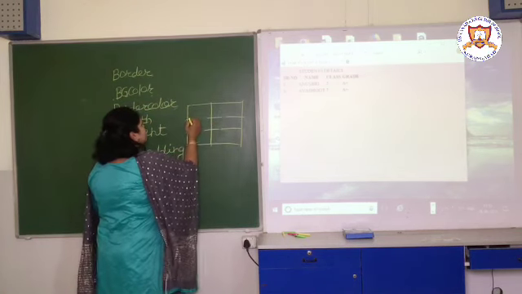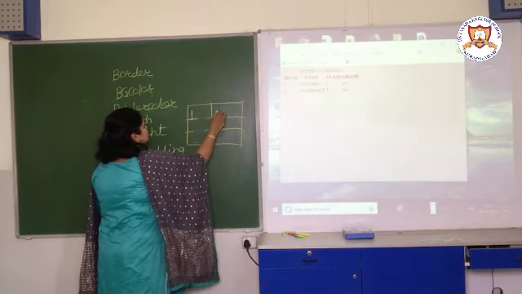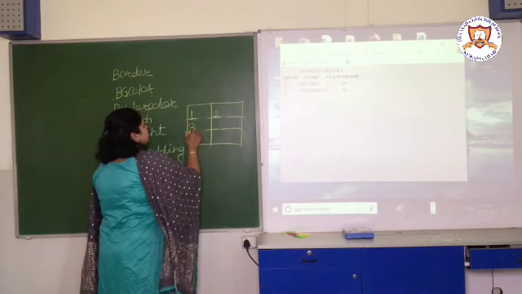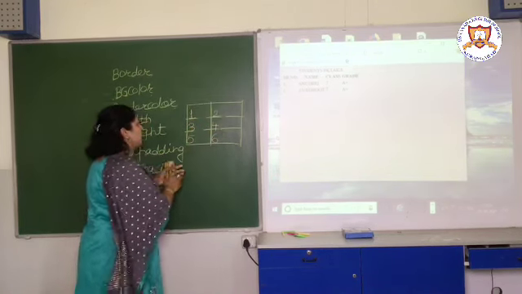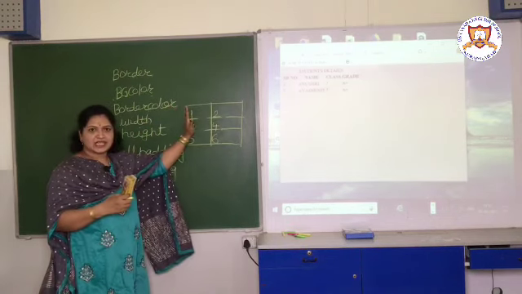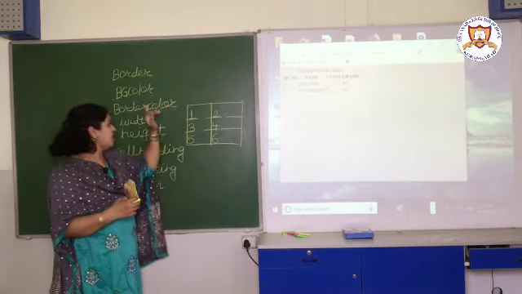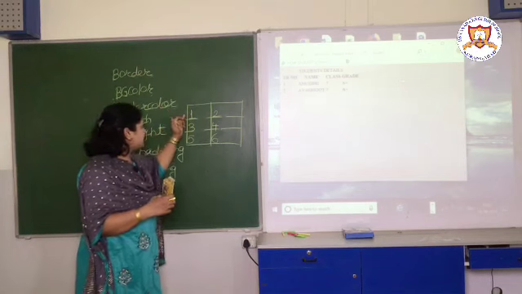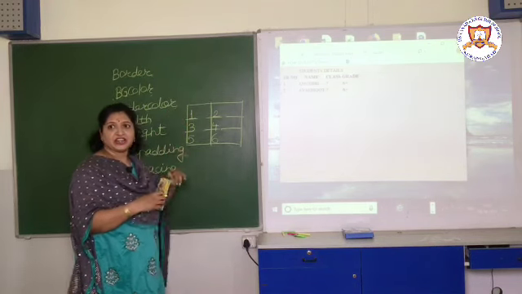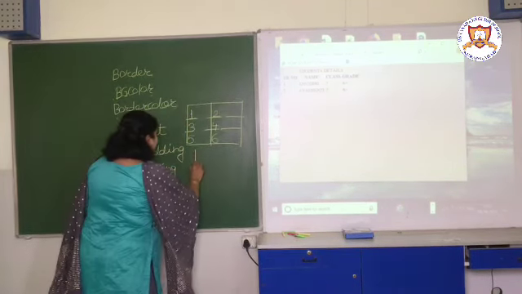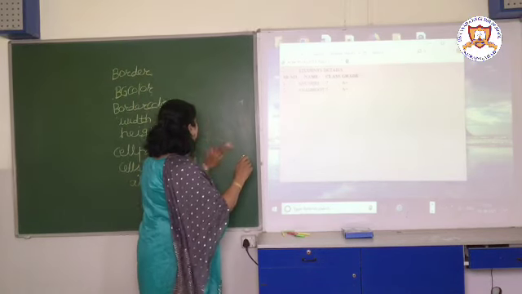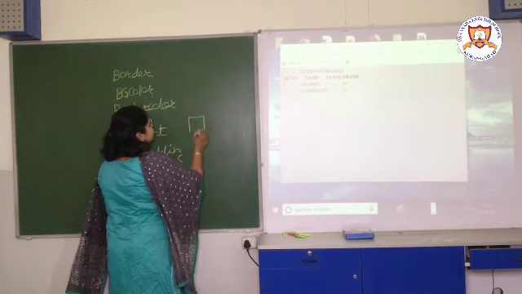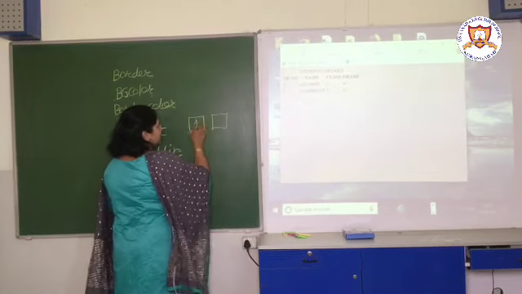Then a distance of 3 pixels will be given. So this is the cell padding, the distance between the edge of the table and the adjacent data. In cell spacing, the distance between the adjacent cells is given.